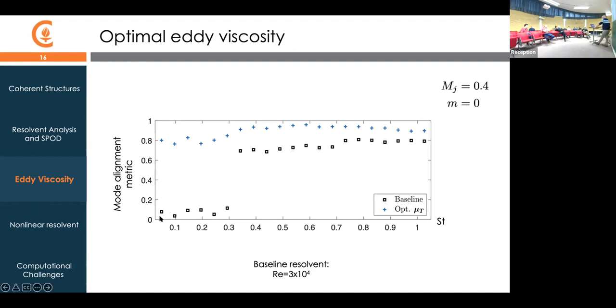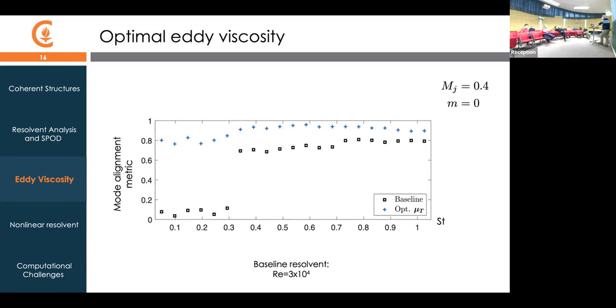So there are two different cases here, what I'm calling the baseline. This is the resolvent without the eddy viscosity. There's a footnote here about that calculation that I'm going to come back to a little bit later, but I'll just present that as the baseline case. So no eddy viscosity model. What we see is that even without any model, this alignment is decent over this range of frequencies where we have this high gain response of the jet.